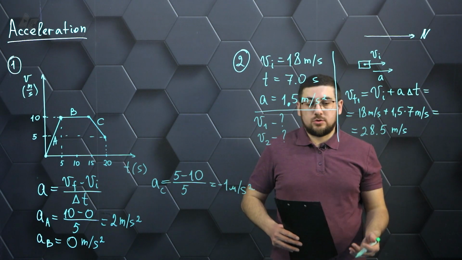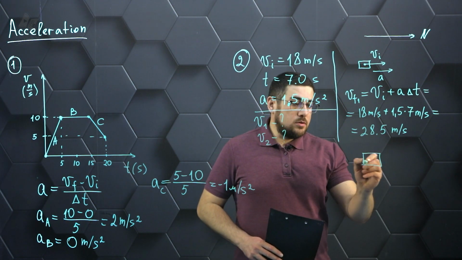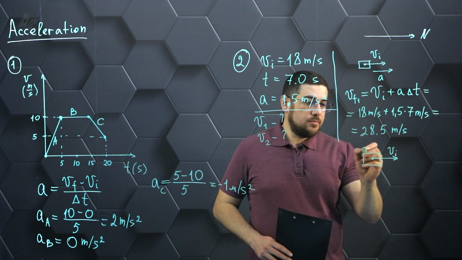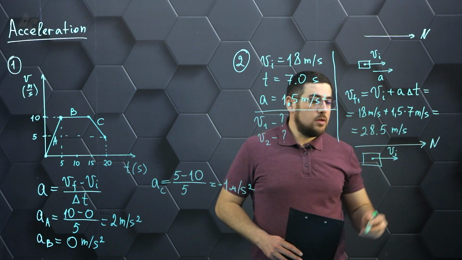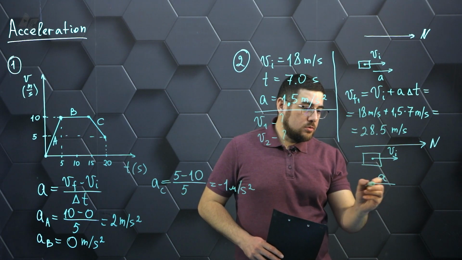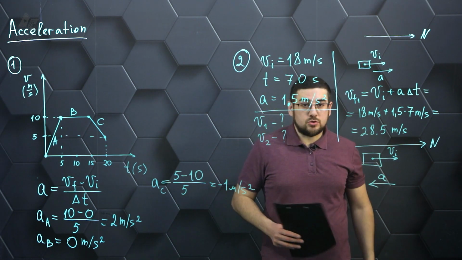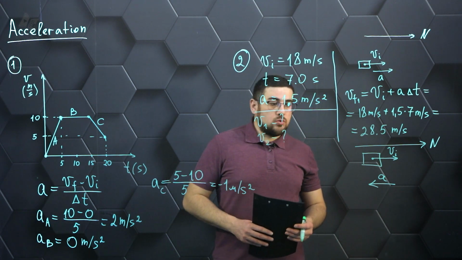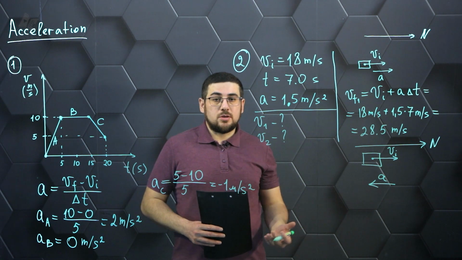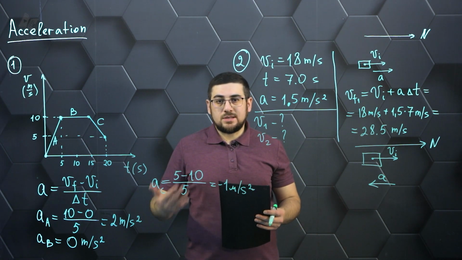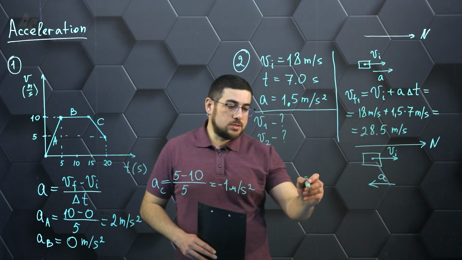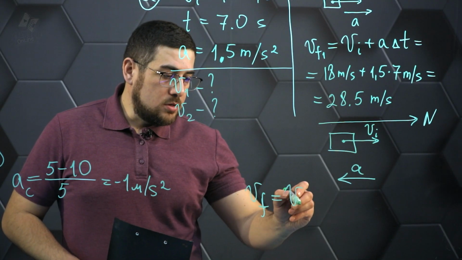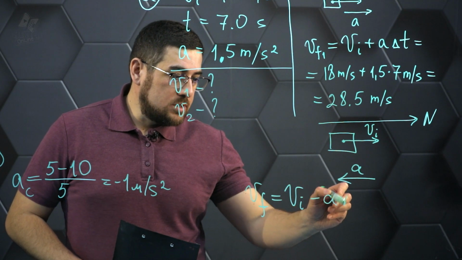Now, what happened in the second situation? The car's initial velocity is still north, keeping its direction unchanged. But the acceleration is now pointing south, in the opposite direction. This indicates that when the velocity and acceleration are opposite in direction, the motion will be equally decelerated. That is, the velocity will decrease in magnitude. Therefore, to calculate this velocity, we will use the minus sign in the given formula